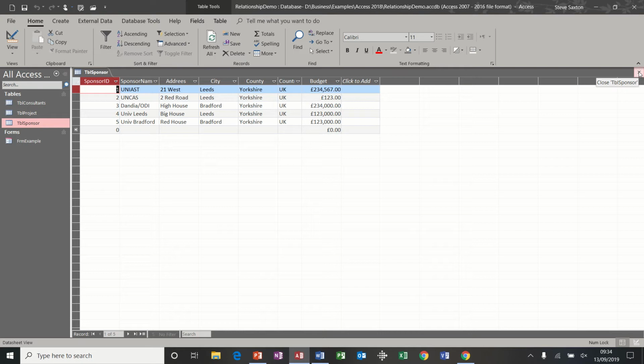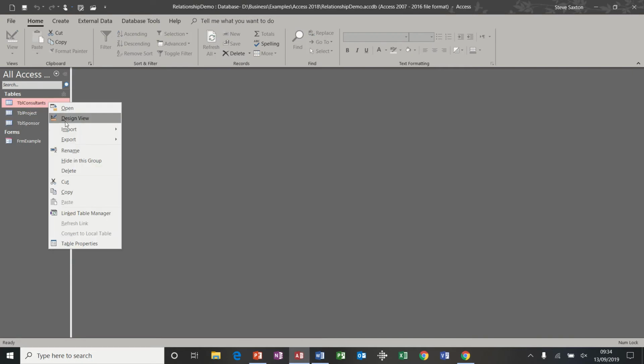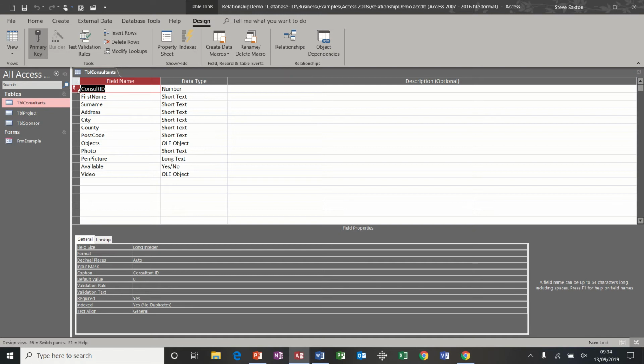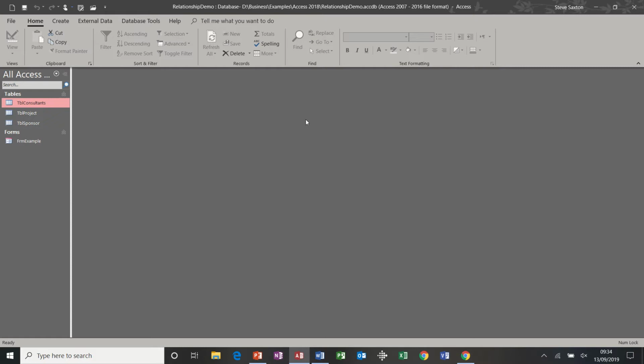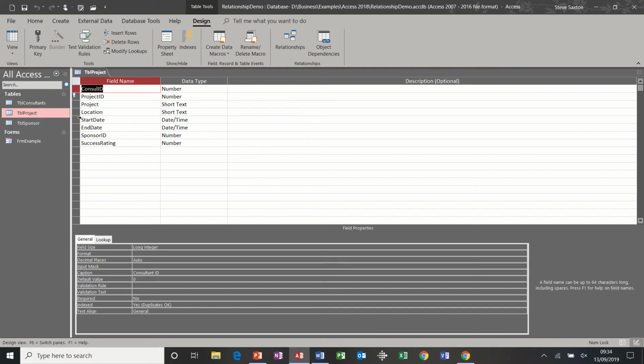Now, in each of these tables, if I go into design on consultants, there is a primary key. In this case, it's the consultant ID field. That is the primary key, a unique identifier. In the projects table, if I right click, design, the project ID is the primary key. That means unique identifier. But notice there is a consultant ID field,